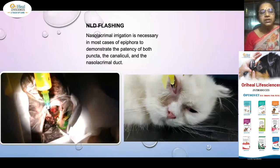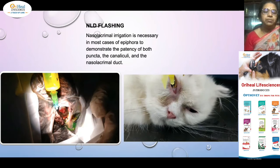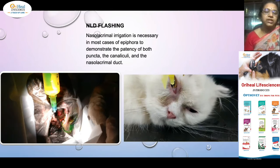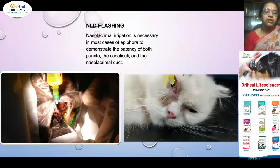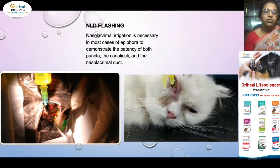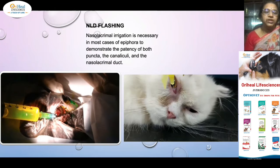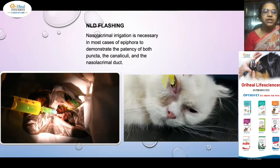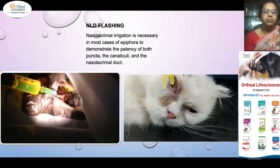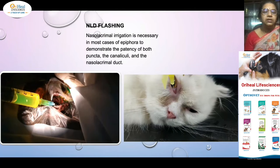So you are seeing here that the fluid escapes as a backflow and also through the upper punctum. It is not escaping through the nasal ostium. So through the upper punctum, most of the fluids are coming out because of the block in the distal area. Now what you can do is close the upper punctum with your finger and then apply pressure. Just a thumb pressure is sufficient on the upper area. So you have to put pressure on that area with your finger and then try to,